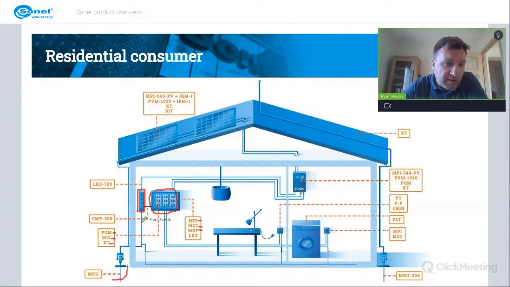Now on the PE channel, so on the ground channel inside the building, we can check for any leakage currents. So here the CMP 2000, that's a small clamp meter which is designed for checking the leakage currents in Earth network. And in case we would like to locate a cable in a wall or a ceiling or a floor,